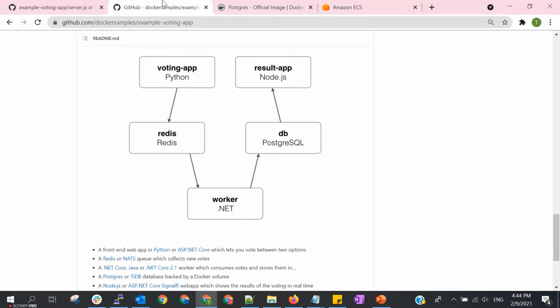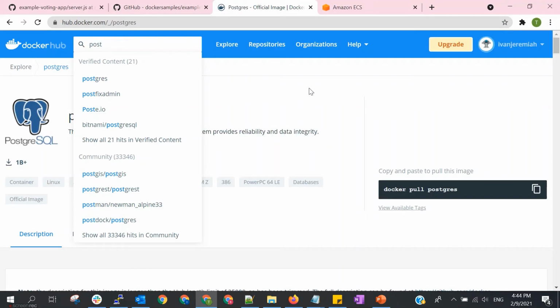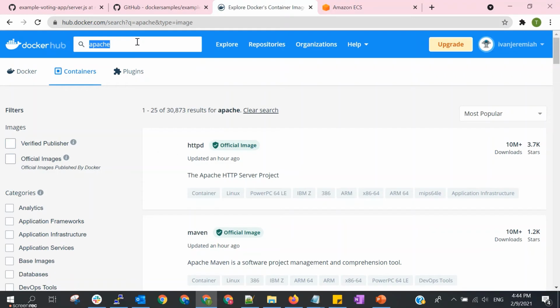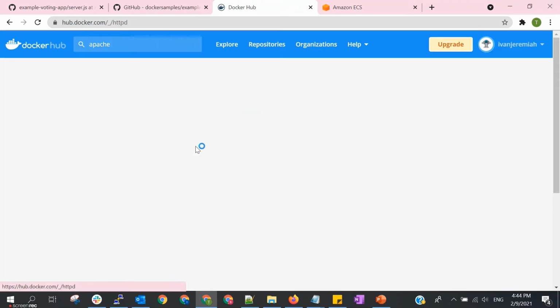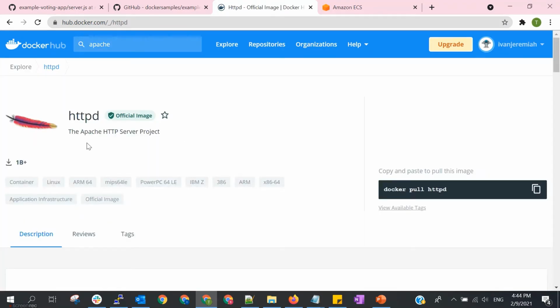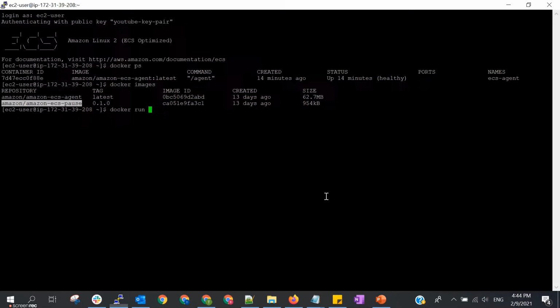Let's say we want to run something, let's try Apache, let's say httpd. For the Apache server, we can find the docker pull command here, but we can actually also run it directly.